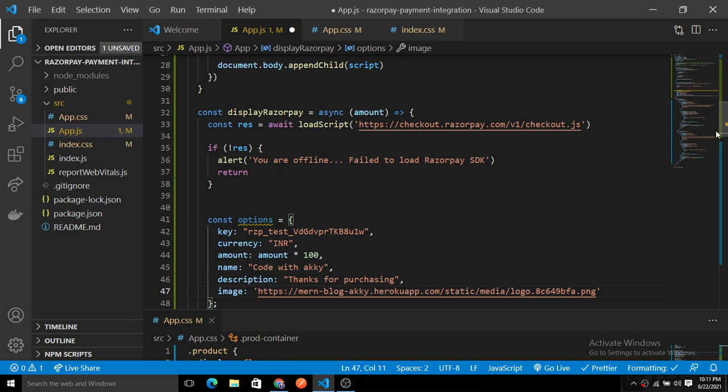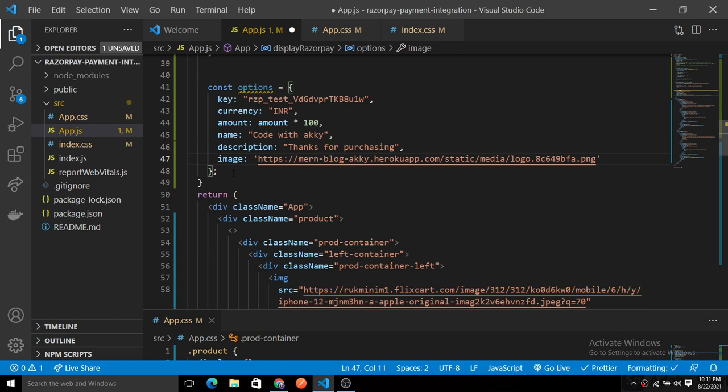And the last, the main thing that comes here, the handler function. The handler function is very important here. So how can we use this?